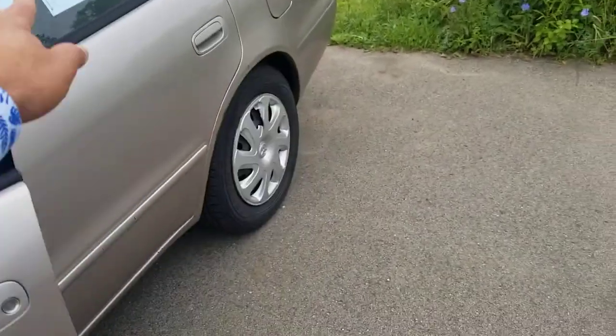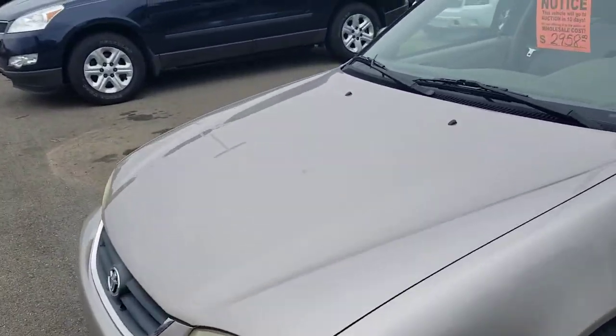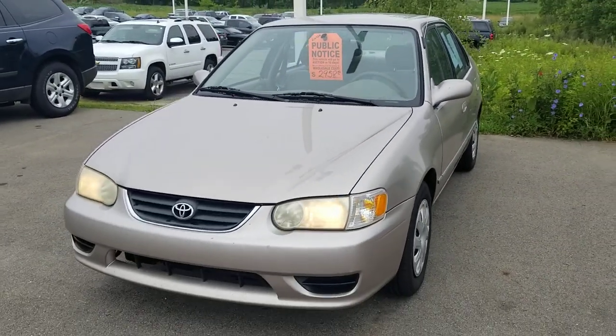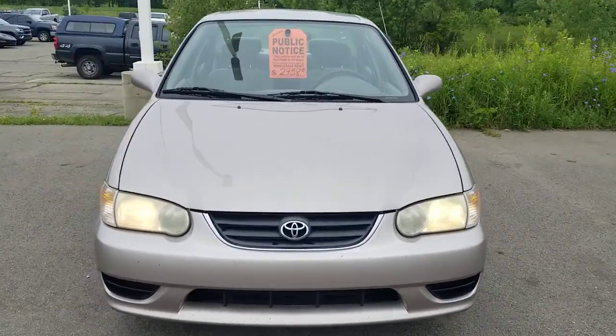So the vehicle is still currently available. We do have a time frame, typically 10 to 15 days. If the vehicle has not had any interest, we'll just go ahead and send it to the auction. If you have any questions or concerns, or if you're interested in scheduling an appointment to see this vehicle, please give me a call. My direct line is